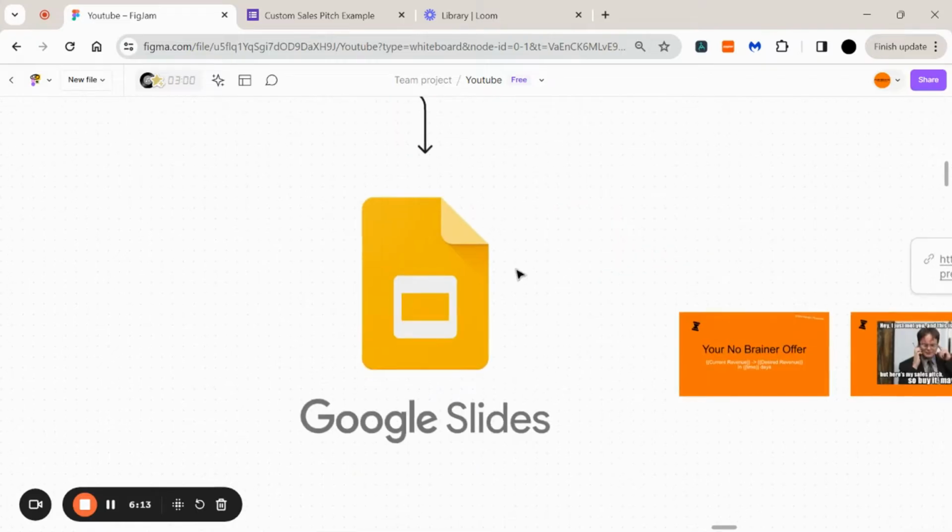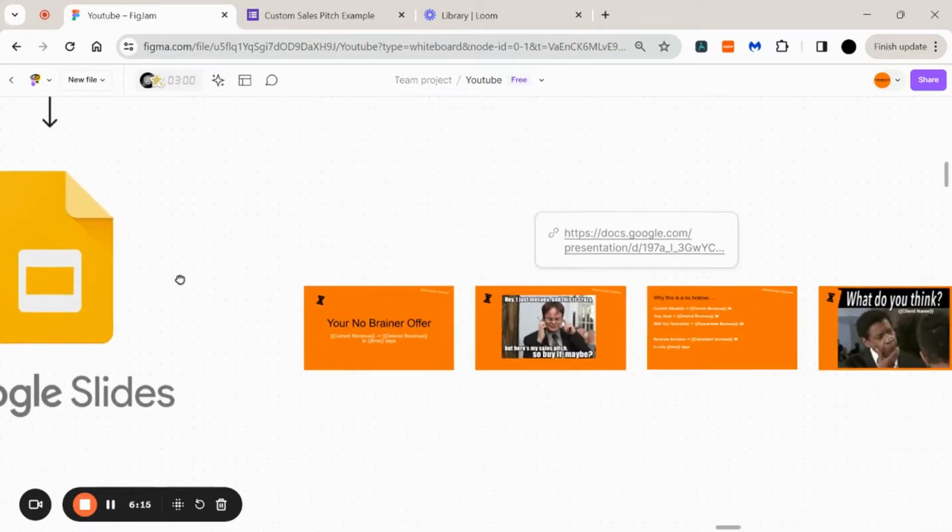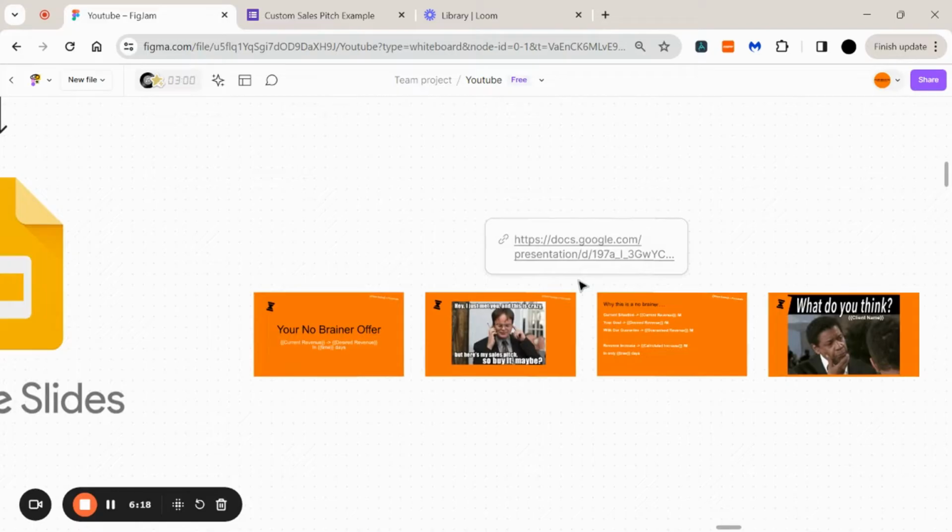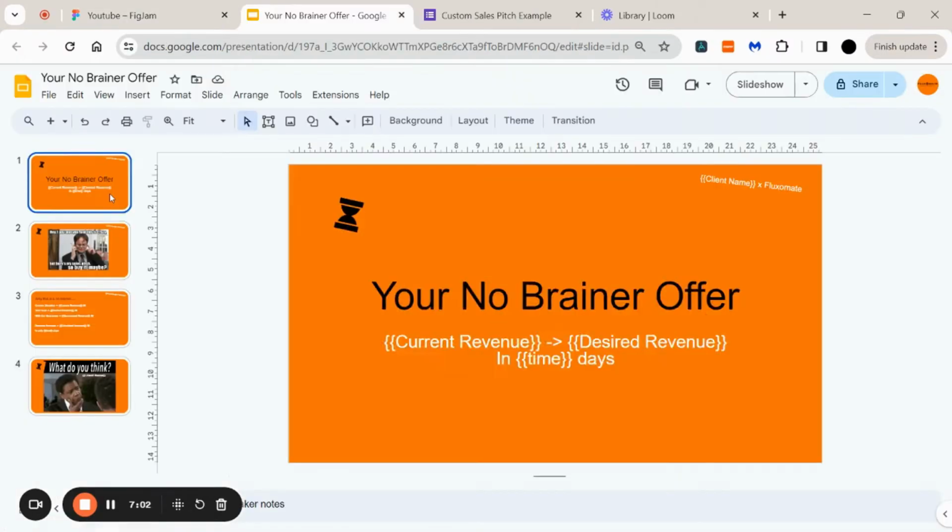And we're going to be using Google Slides to create a completely custom presentation for the lead. You need to know something about how to actually set this up because you do need to have a certain layout in order to input data to be collected in the first step. This is my example of my no-brainer presentation. And as you can see, all the variables that I want to input in the next step are all in